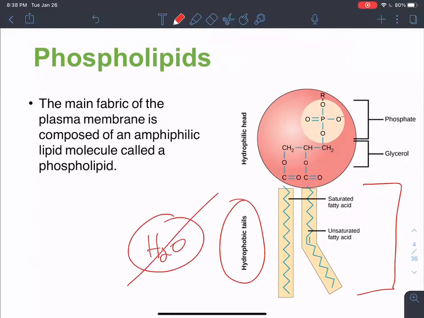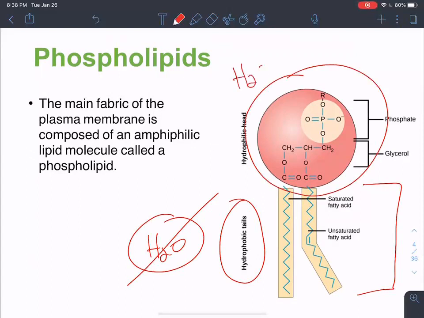Okay, so hydrophobic, do not like. And then you've got this head group up here that we call a hydrophilic head group. It loves water. It loves it. Okay, so that's supposed to be a heart. That was a horrible heart. Let's see if I can do this better. Yes, loves water. All right, and it's comprised of this glycerol backbone here, and then it's going to have